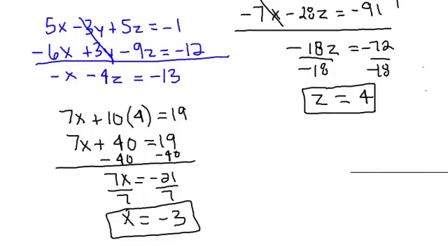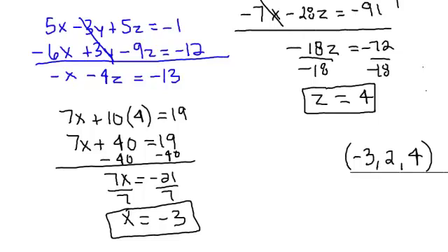So our final answer is negative 3, 2, 4. And as always, we can plug it back into all three equations. It should be a true statement with all three of these variables, and it should be a correct answer. So again, our solution is negative 3, 2, 4. Again, we write it as a coordinate or a point, and we write our numbers in